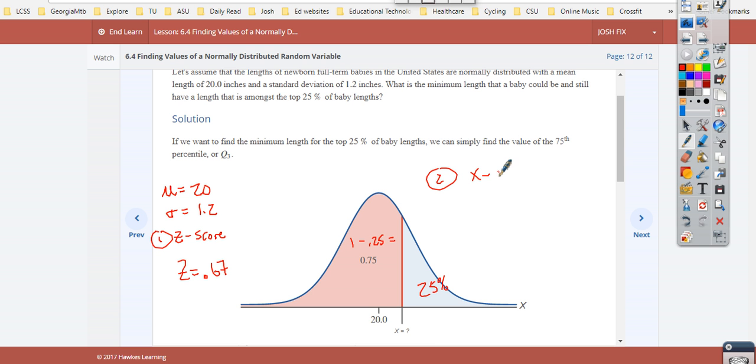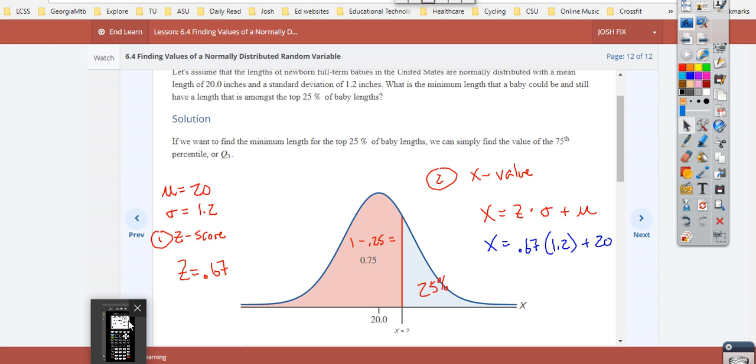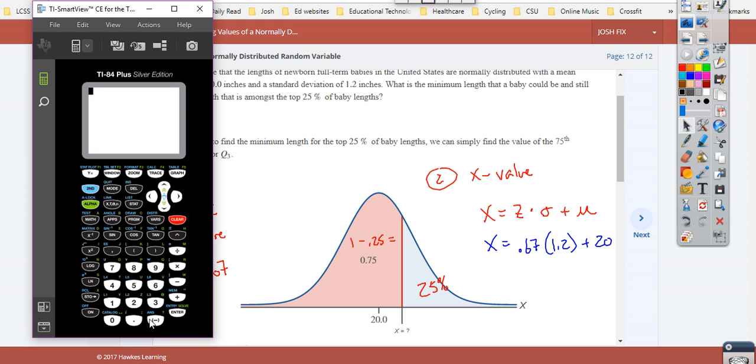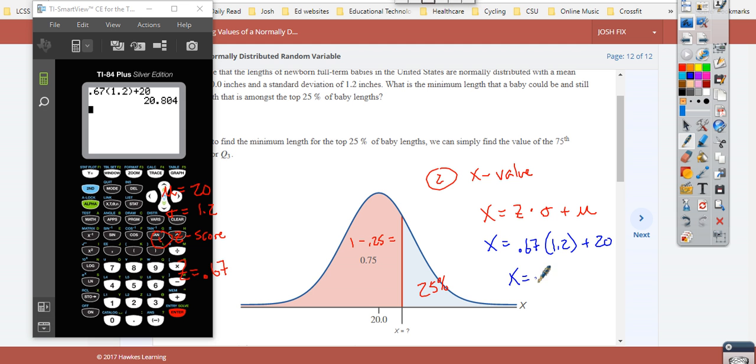So now we're going to find our x value. We use our formula derived from our z-score, which is x equals z times the standard deviation plus the mean. We plug our numbers in, and so we have x is equal to a z-score of 0.67 times our standard deviation of 1.2 plus our mean of 20. Pull out our calculator and clear that. So we got 0.67, open parentheses, 1.2 plus 20, and we find out that that length would be x is equal to